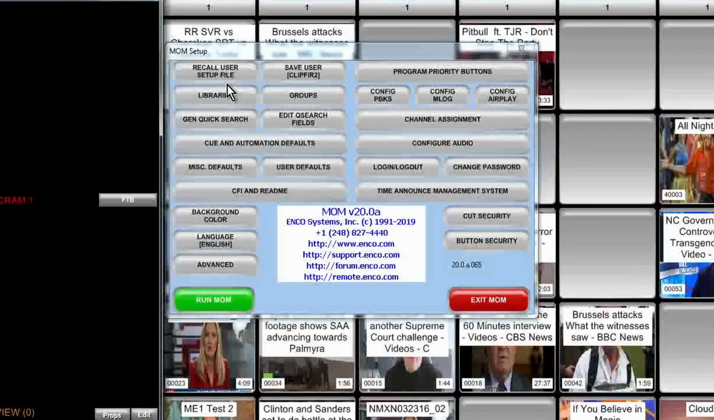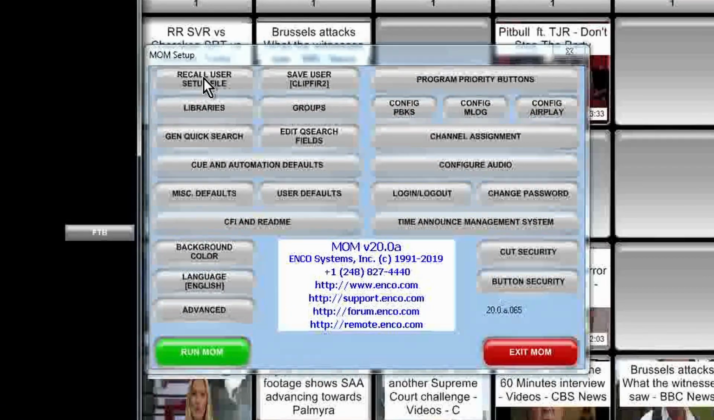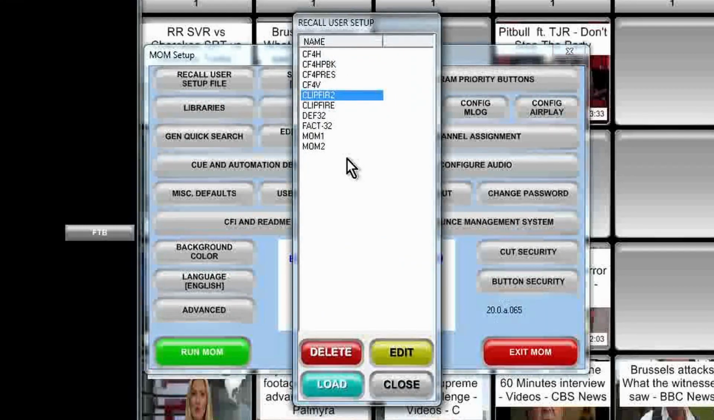But if I want to store everything and be able to return to it, I create a user setup file. And so I have these various files stored in here. So let's do something that's a little bit different. Like